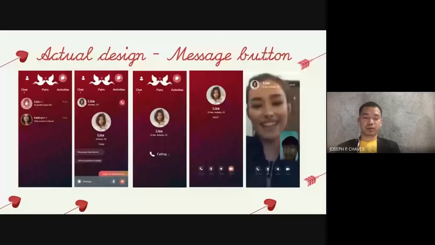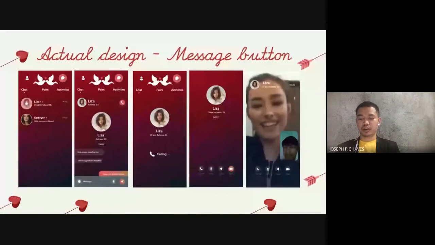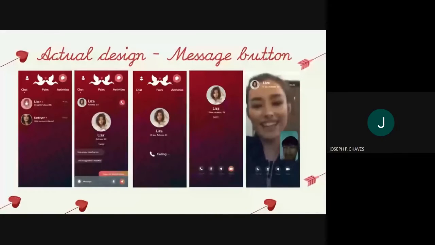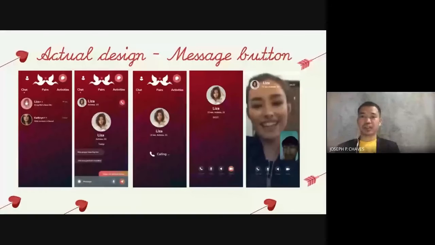And then for calling, we also have the button design of a telephone, and the same with video conferencing. We have the camera-like button, and then audio, mute, and end call are also the same as the common way of using these buttons.